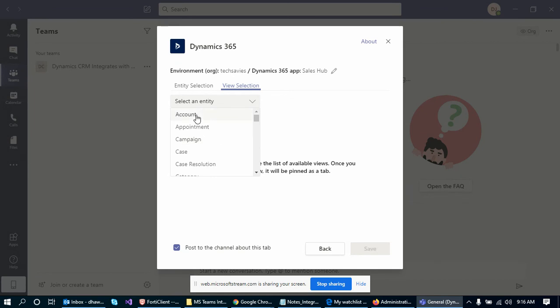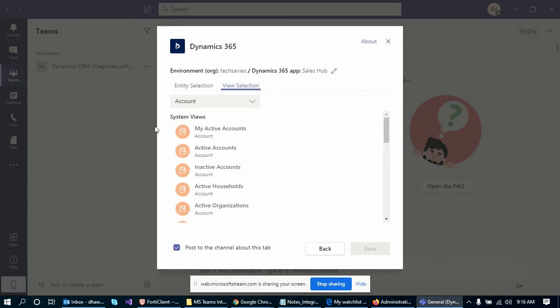So I'll click on account. Here I'll be shown the out of the box views which are already there in Dynamics CRM. If I want to see the active accounts, I can select this and save my selection here.